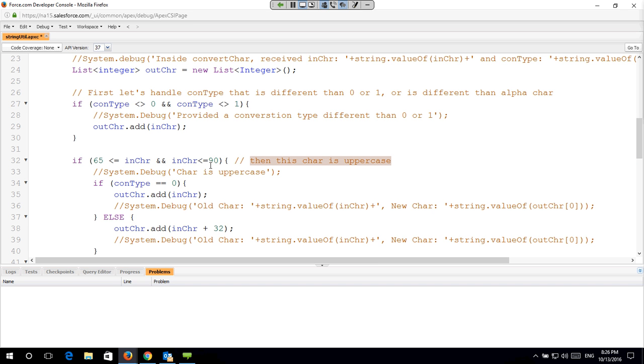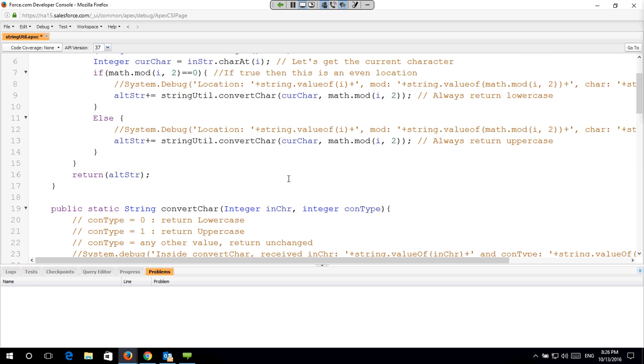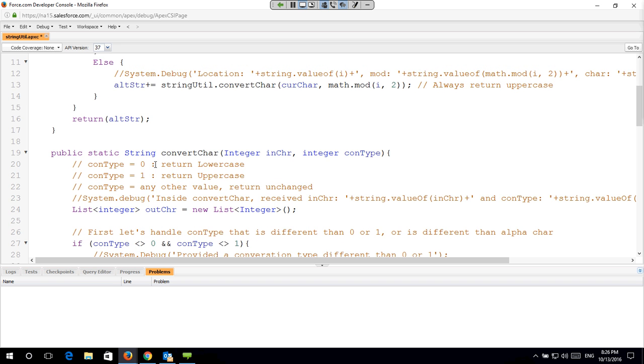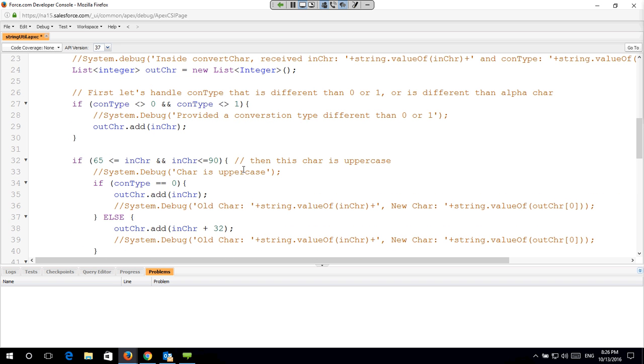And now we need to figure out, do we want to return an uppercase or a lowercase? And that depends on the input that we got in the conversion type. So I'm saying if conversion type is 0, and we said that 0 will always return a lowercase, and we already know that we got an uppercase because this if is only going to get us into the uppercase values,